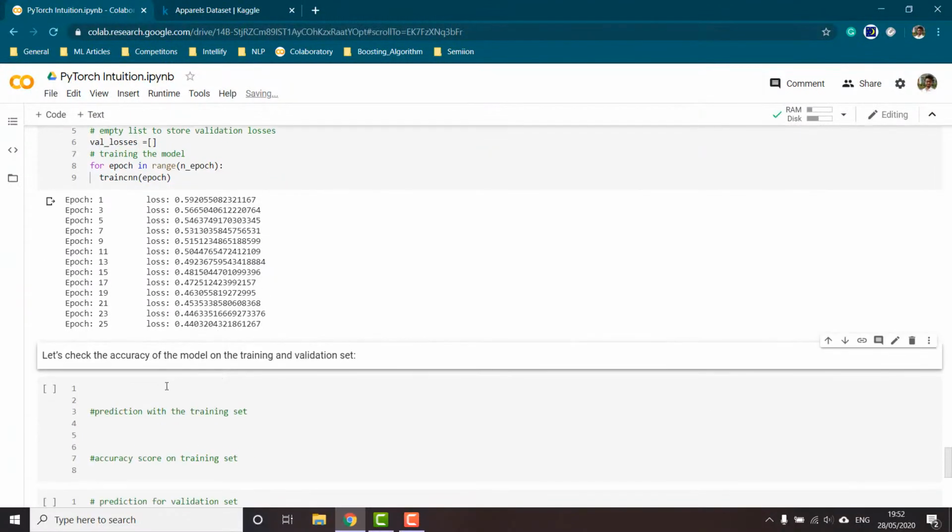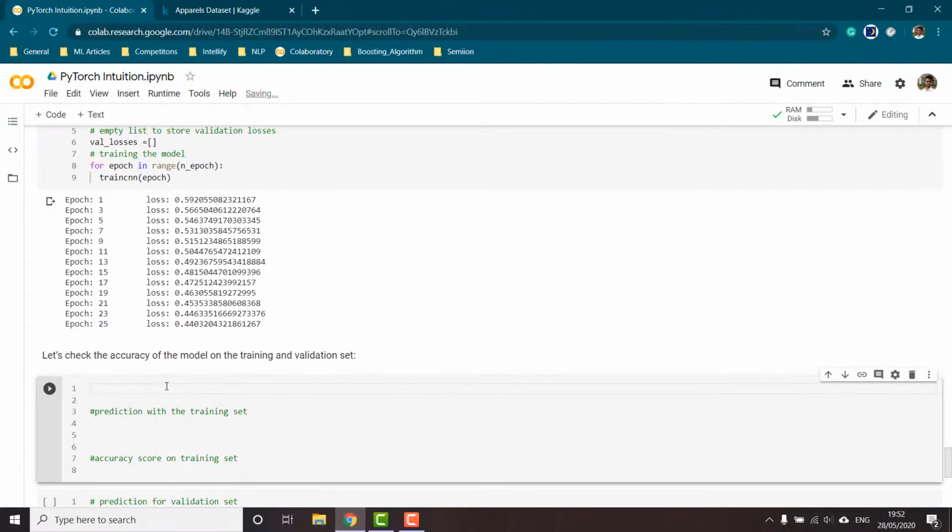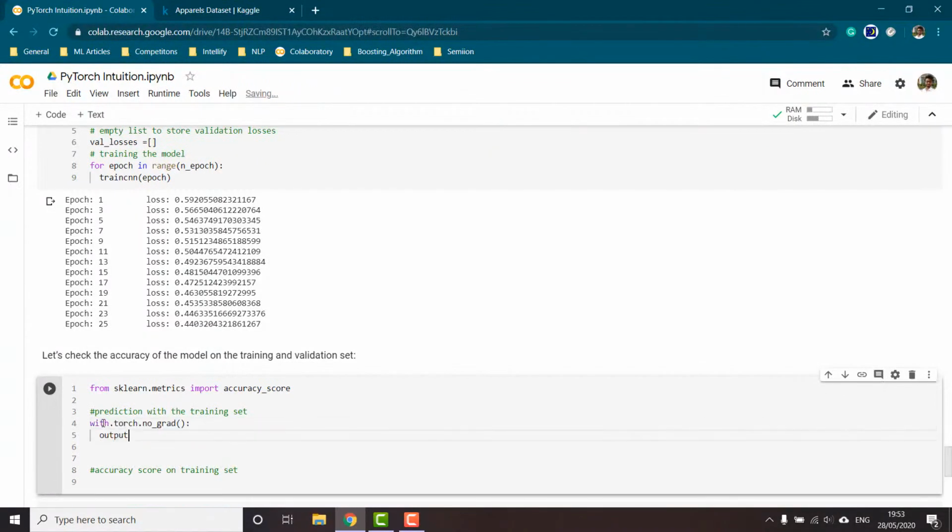Once this is done, let us check the accuracy of our model on the training and validation set. For this, I'm going to call from sklearn.metrics import accuracy score. Then the prediction with the training set, our output would be equal to model.